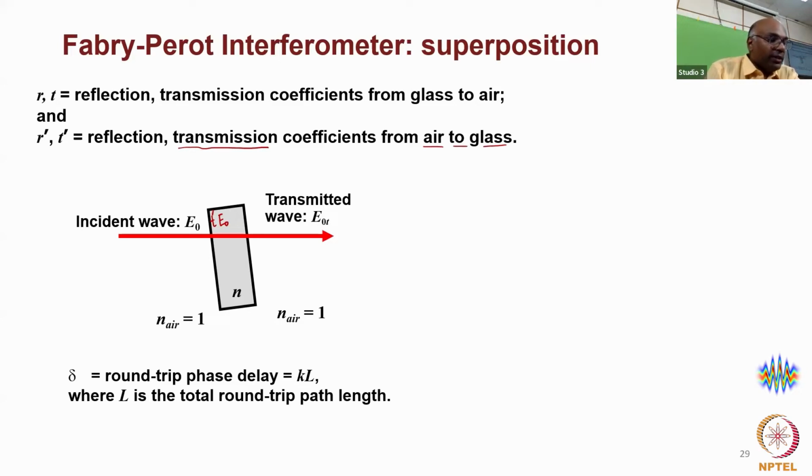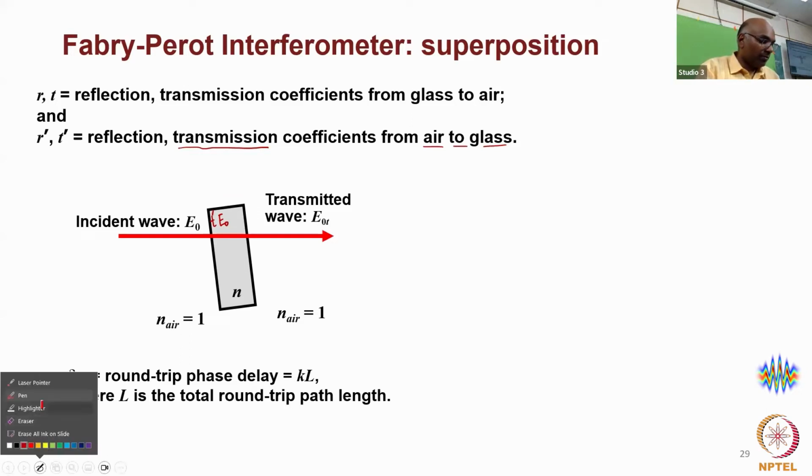Okay, likewise, as the wave propagates and encounters the next interface, it comes out again back to the air side, and in this case it undergoes another interface. So just like we treated the air-glass interface with the transmission coefficient T prime, the glass-air interface also has a transmission coefficient, which is,